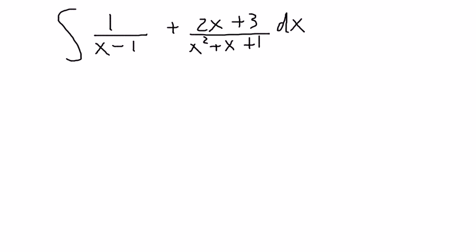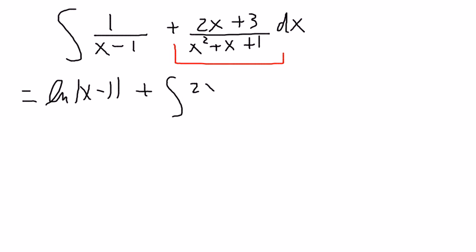Okay, and the big issue, of course, is with this second integral, because the first integral we can do a u sub and get, so this is equal to the natural log of the absolute value of x minus 1 plus the remaining integral here